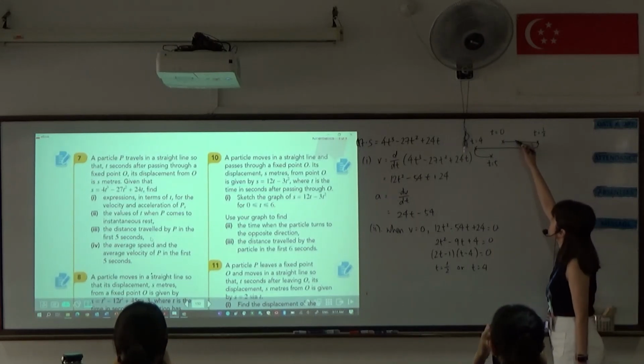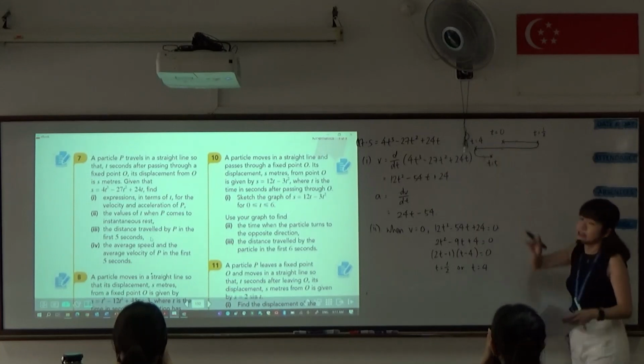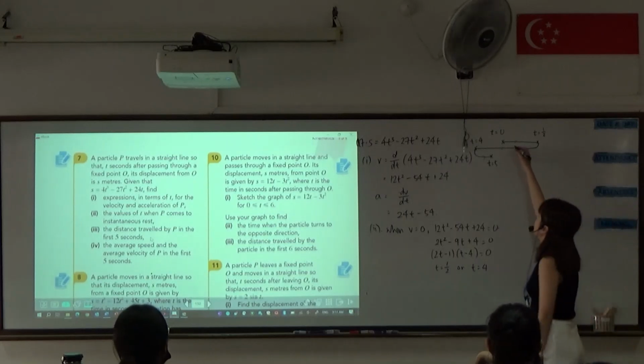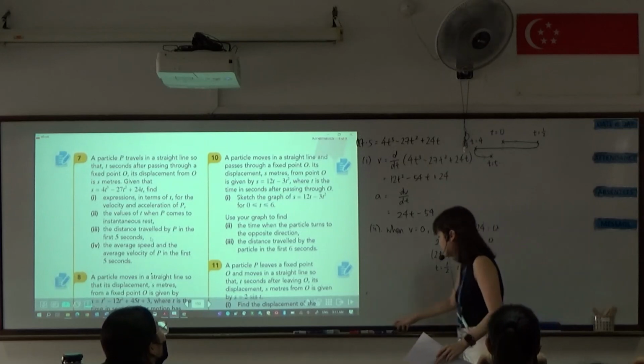So from t equals 0 to t equals half, t equals half to t equals 4, and then t equals 5. You can ignore the curvature. The curvature is just an idea in itself only. We are just looking at straight line distance. So in order to solve for that,